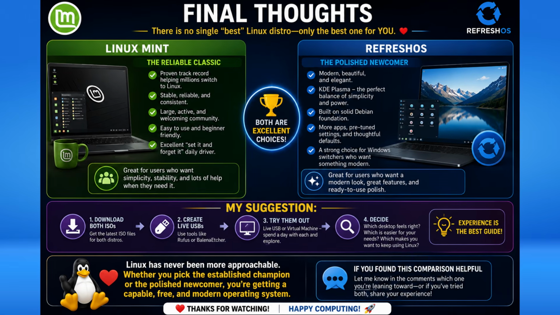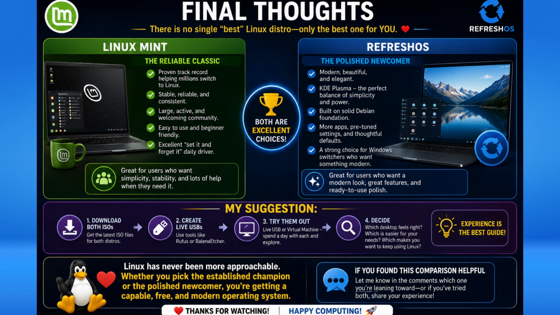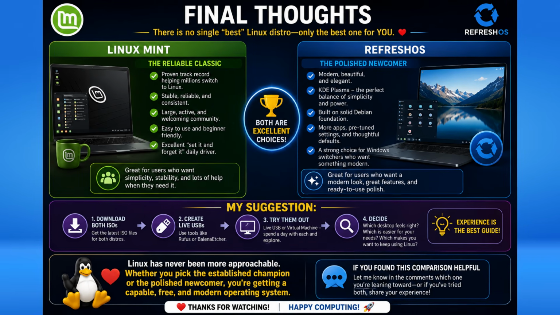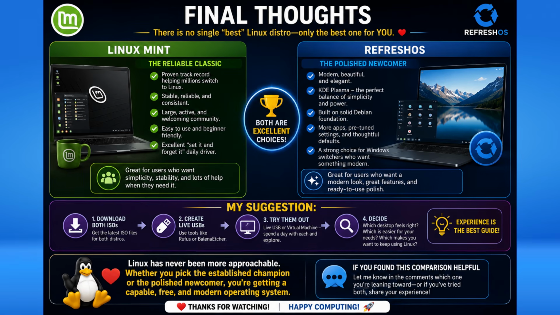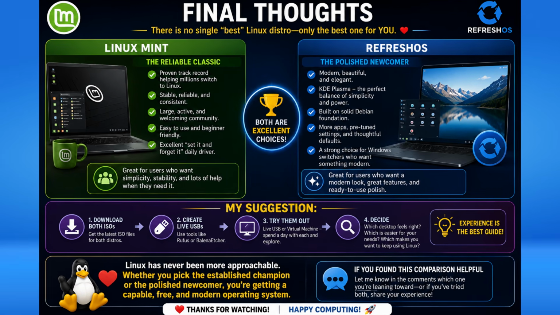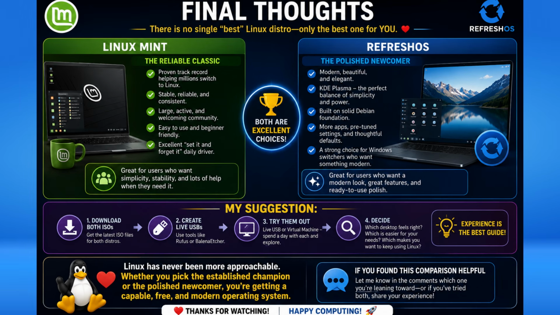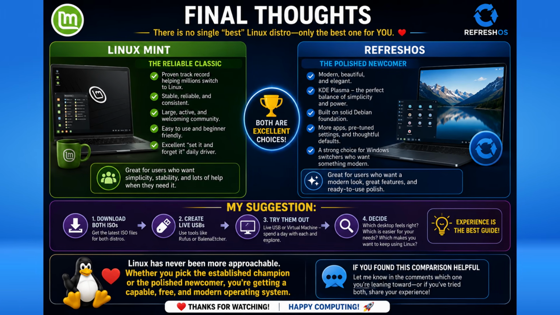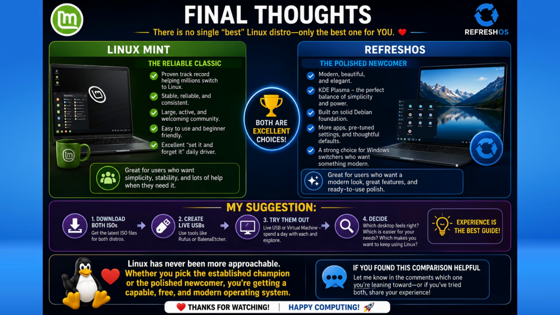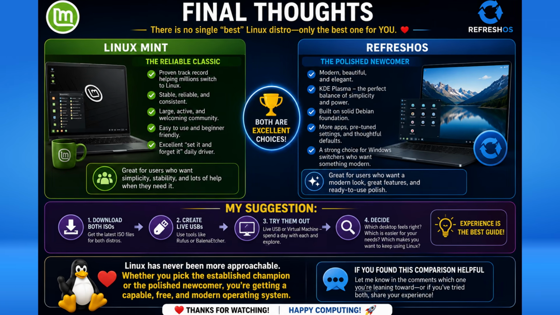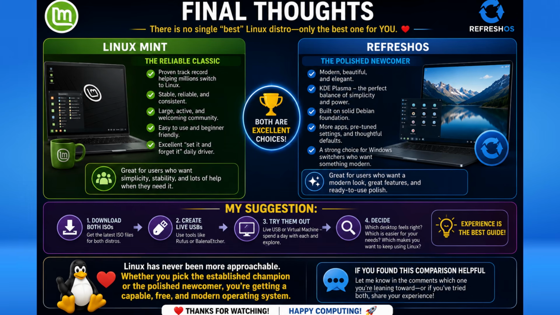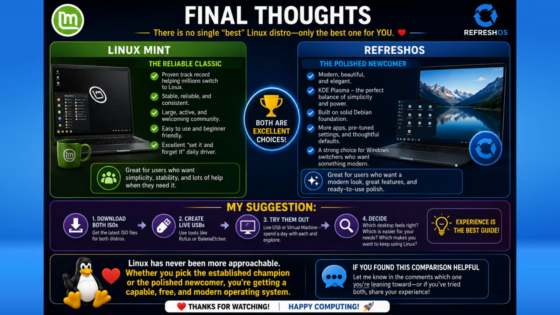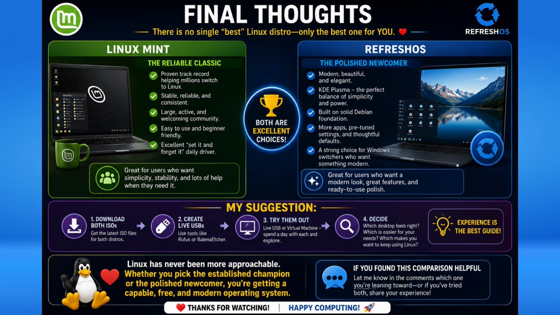Now, final thoughts. There is no single best Linux distro, only the best one for your needs and preferences. Linux Mint remains the reliable classic that has helped millions switch successfully. RefreshOS shows that a newer project can deliver genuine polish, thoughtful defaults, and an elegant experience on a solid Debian base. My suggestion? Download both ISO files, create live USBs, or try them in a virtual machine, and spend a